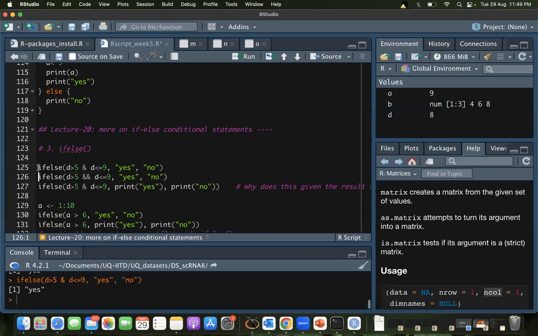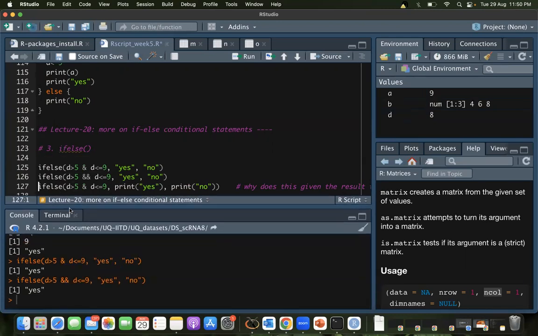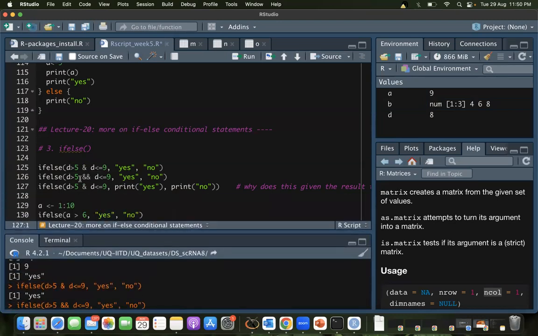So if I evaluate this, it's going to give me yes. Now, do you remember what the double AND stood for? Okay, so right now for single elements, for single trues and falses, double and single AND is the same thing. So I will just skip over that for now.